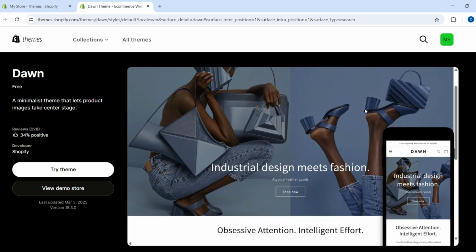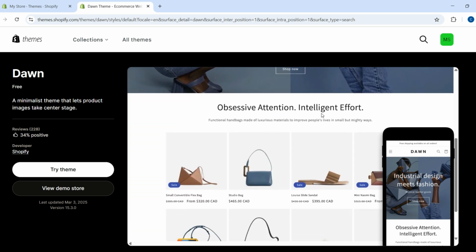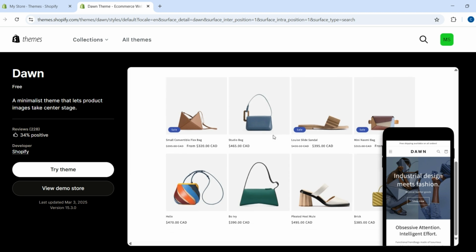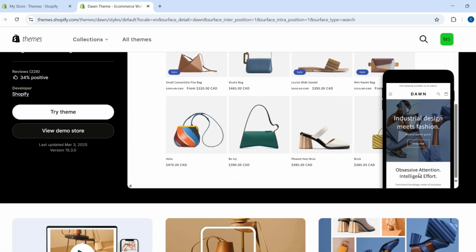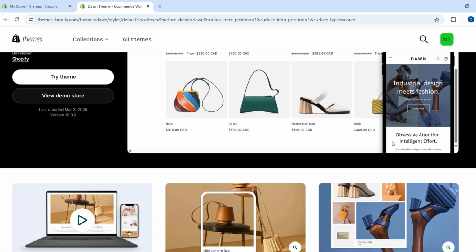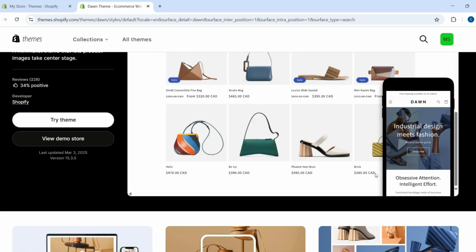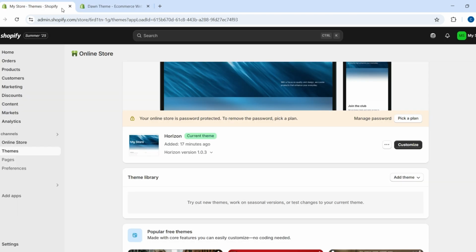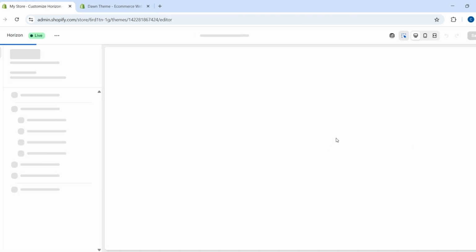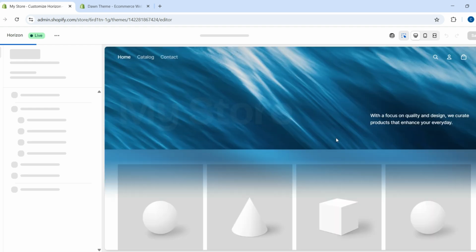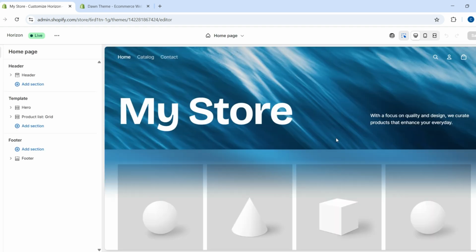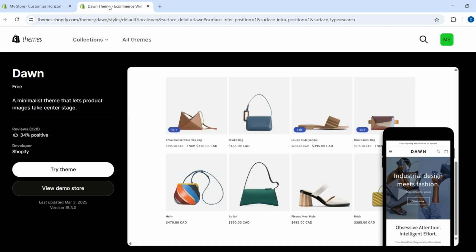Both Dawn and Horizon are highly customizable, but they come with different architectural foundations. So, while you can manually adjust color settings, layout preferences, and font choices in Horizon, there's no native feature to automatically port over your Dawn settings. However, that doesn't mean all is lost. You can replicate the Dawn theme's look in Horizon through a few simple tweaks.